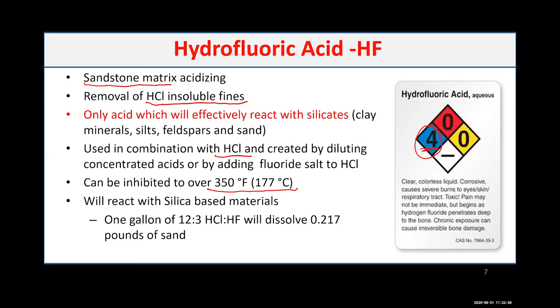We are talking about actually good solubility, 1 gallon of 12% HCl and 3% HF. And that's also the best way to write the concentration of the HCl HF system. We usually call it mud acid, 12% HCl and 3% HF. It dissolves 0.17 pound of sand. Just remember, like, it's 15% HCl